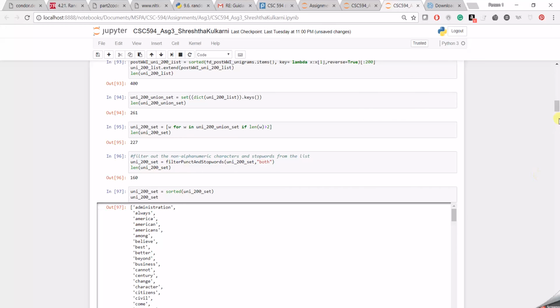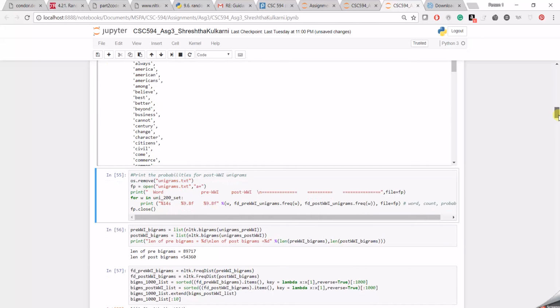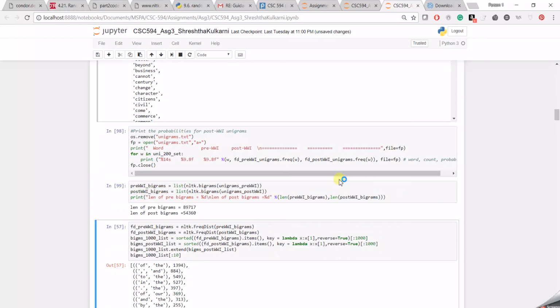Now I create the information in the format of word, their pre-World War I probability and their post-World War I probability, and save it into a file unigrams.txt. Now I create bigrams from the pre-World War and the post-World War I unigrams, and I examine the length of both of these. Then from these I create the